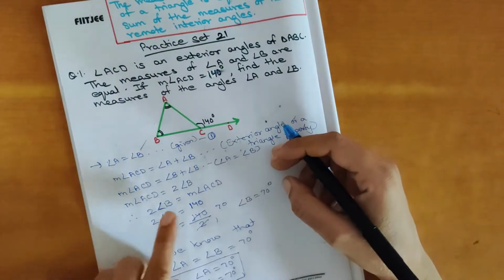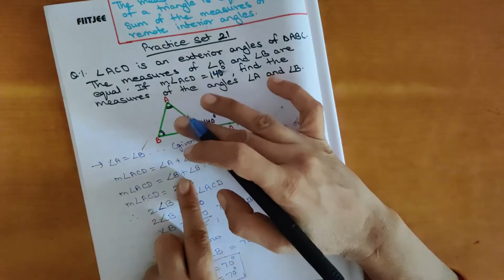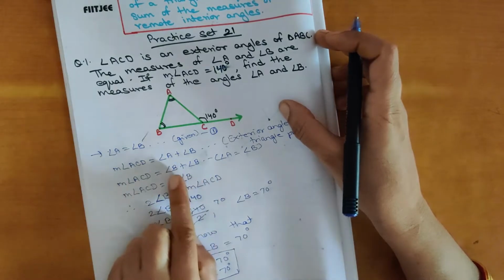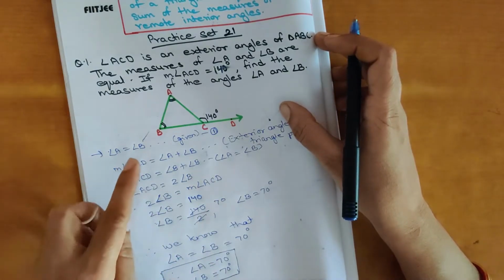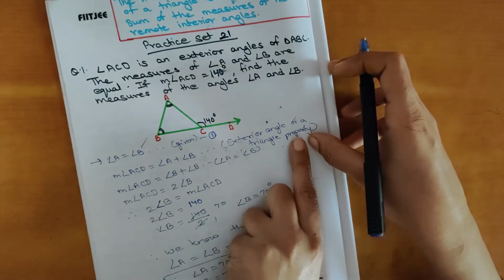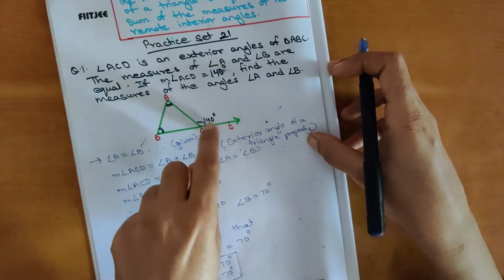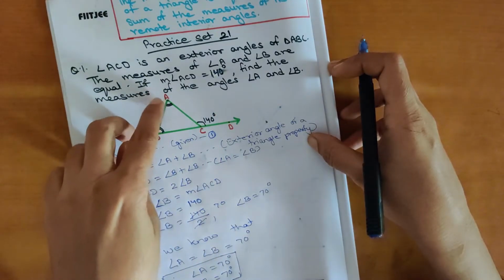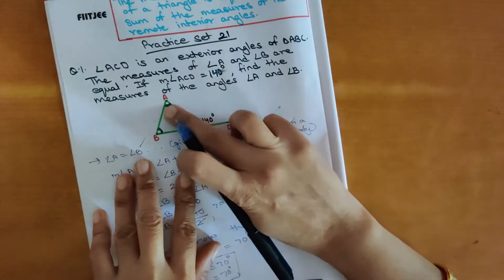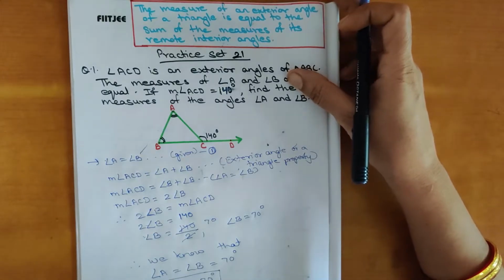Or you can put x, 2x: you can let the value of angle A and angle B be x because the values are the same, so you will get 2x. That also you can do. So by using the exterior angle property of a triangle, how easily we have solved. Because the exterior angle of a triangle is equal to the sum of the interior opposite angles, and opposite of this are angle A and angle B.